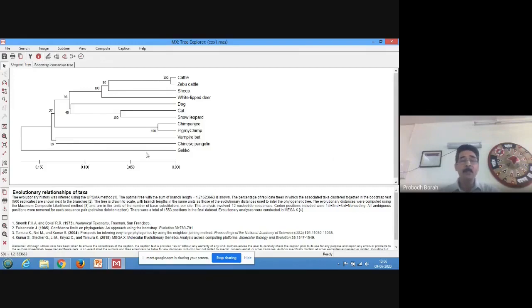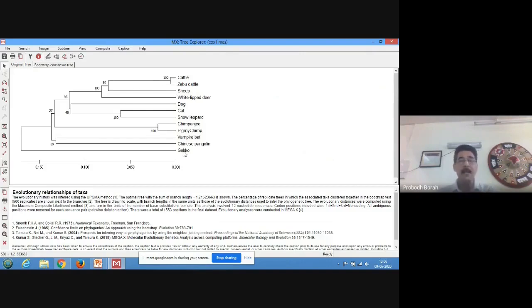Then the last one, this one, Gecko. Gecko is forming a root cluster. You see, Gecko is the root of all other sequences. It means the COX1 gene sequence represents that all the sequences of these species might have originated from the ancestor Gecko.